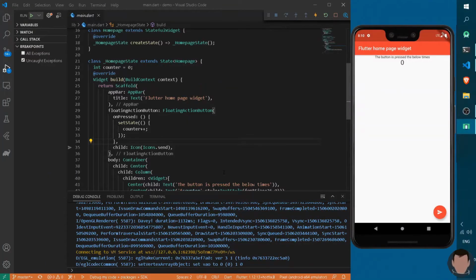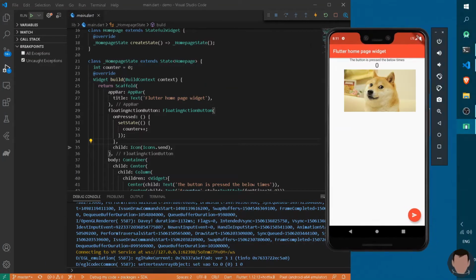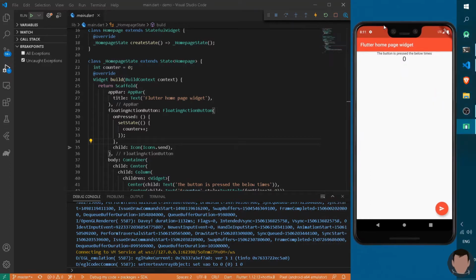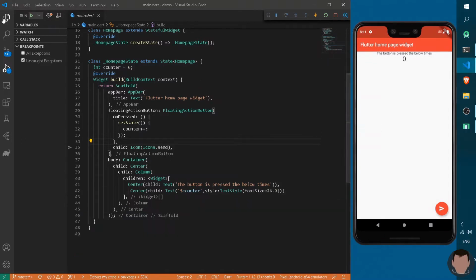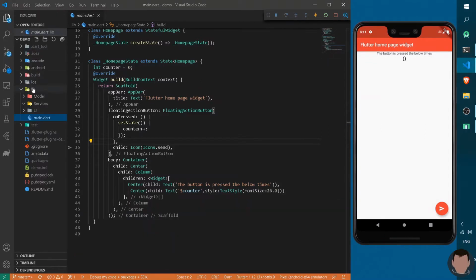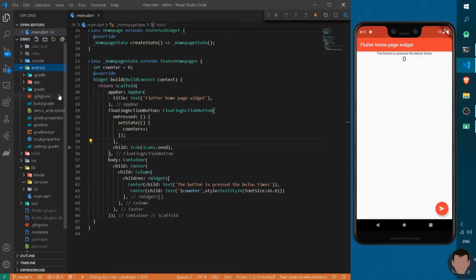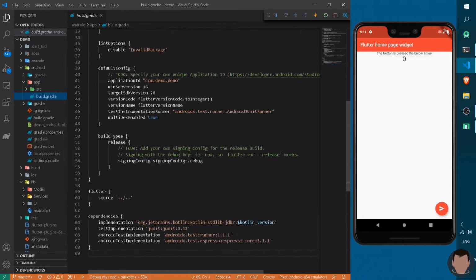Now, if you are watching a screen just like this, not exactly like this, but if your app is up and running, congrats, pat your back. If it's not, then no worries. The first thing is to move into the folder setup in the Android, in the app, and Gradle. If you have not written multiDexEnabled true, you might get some error. If you get that, write multiDexEnabled equal to true.